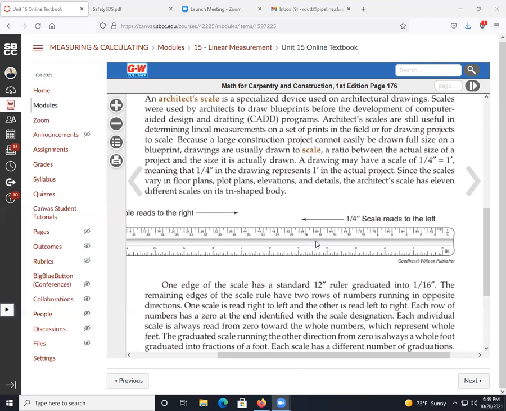Probably be 3 inches, right? Half of an 1/8. Okay. So in actual scale. So